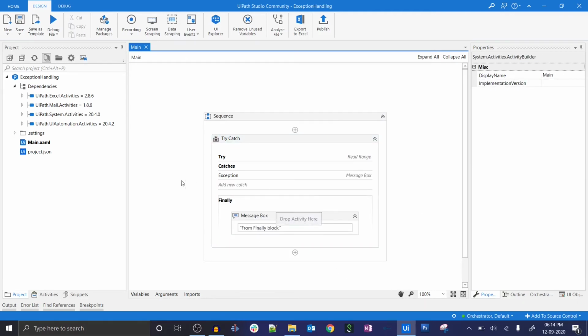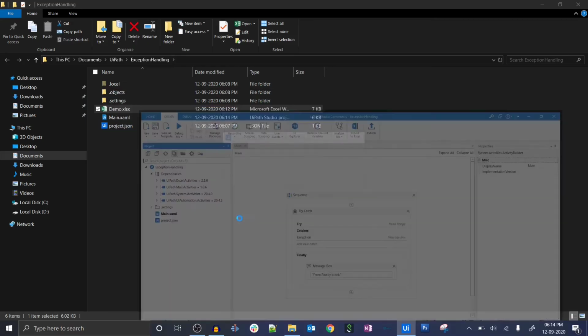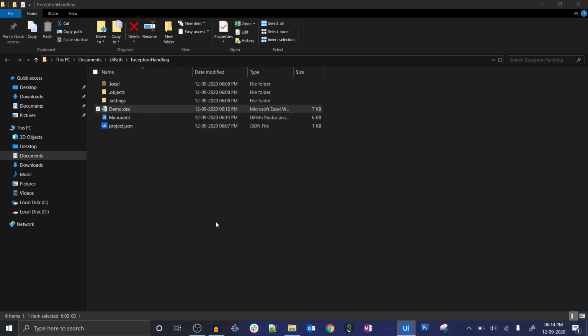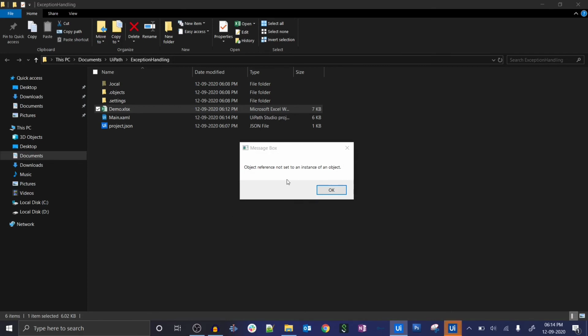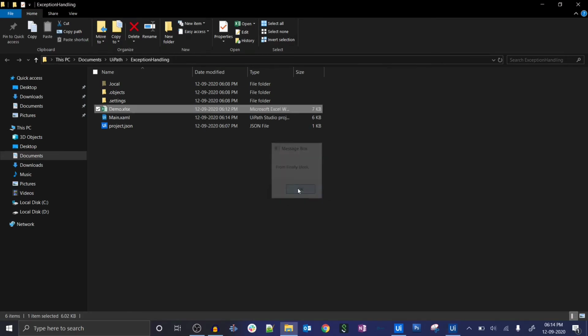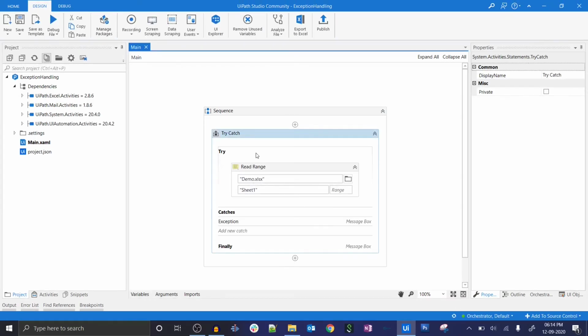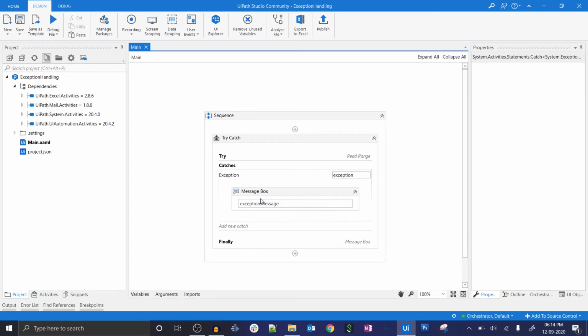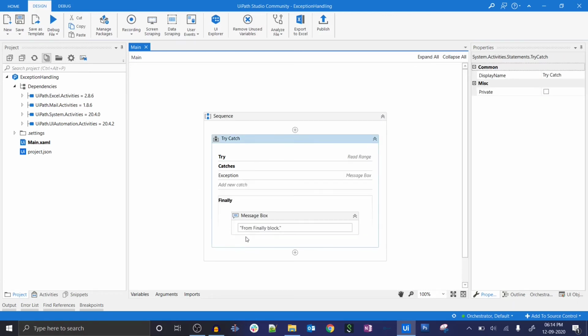Let me run. This time the file is not open, so it will not throw any exception. See here, it says object reference not set to an instance, and then the finally block. Why? Because it read the file, it didn't throw any error, so there were no exceptions. That's why it was showing like this. And at the last, the finally block executed.